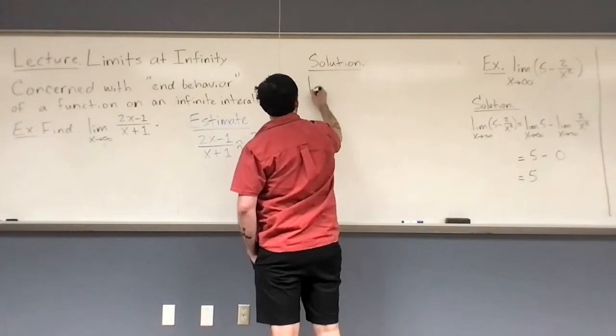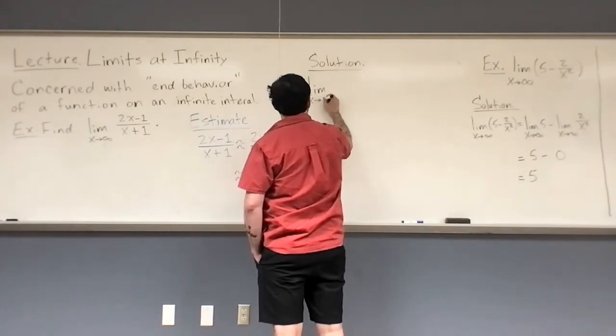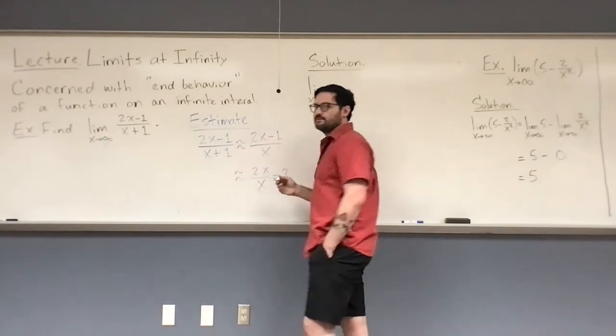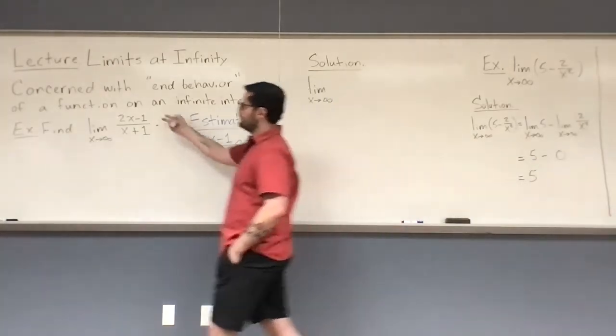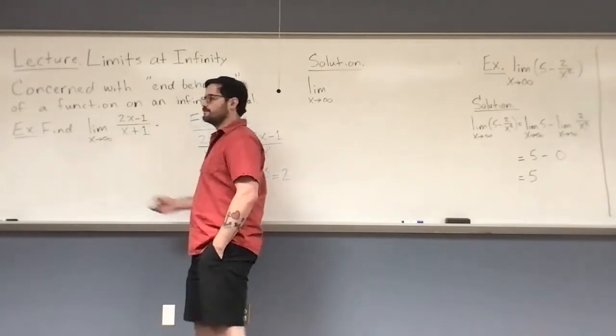So if we just try to look at where the numerator and denominator go individually as x goes to infinity,